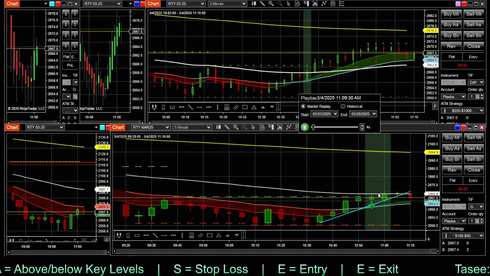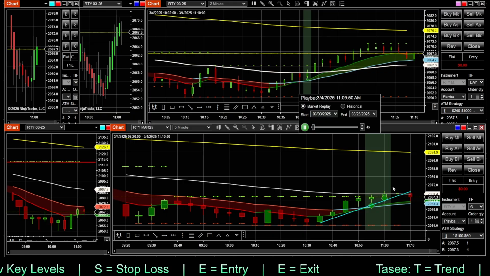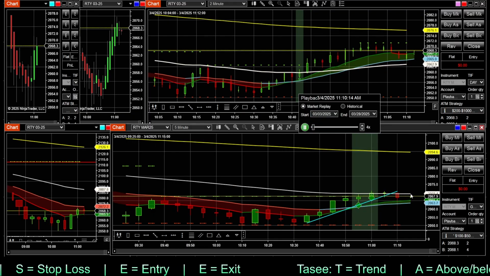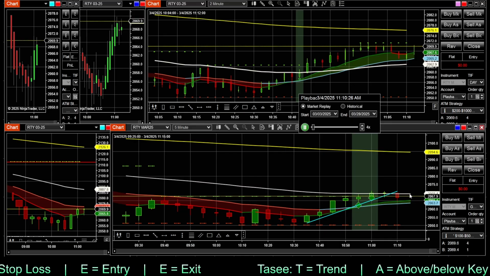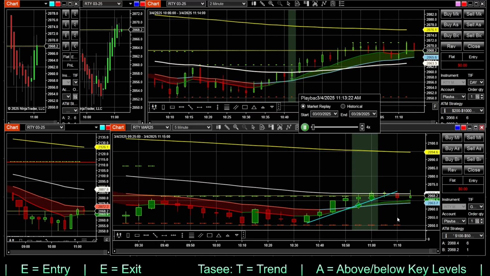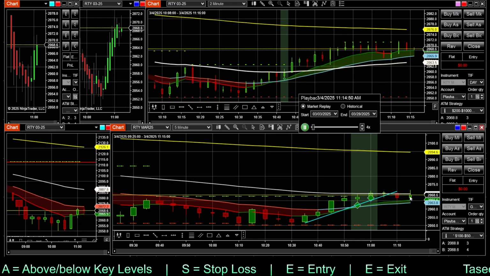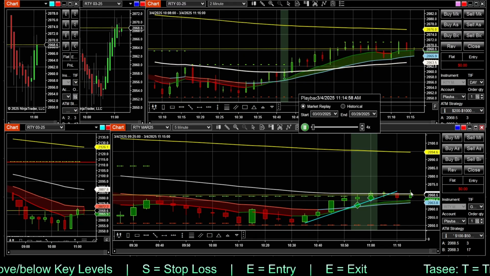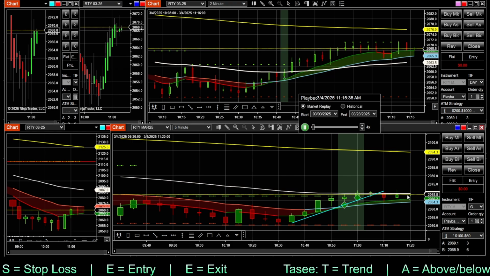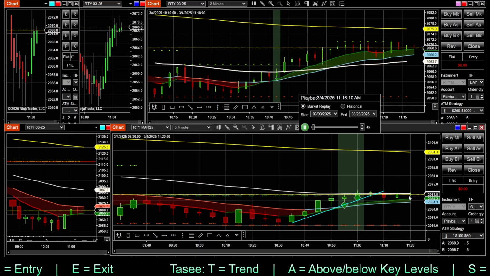When that cloud reaches the 50 EMA, that's when we're going to start looking for an entry, because that means that the cloud tap is going to be above the 50 EMA. The candle will be above the 50 EMA. We want that cloud to be really close to the 50 EMA. So although this is pretty tempting to get in here because it was above, we want to wait until that next candle is opening above that 50 EMA, not kind of floundering around the 50 EMA